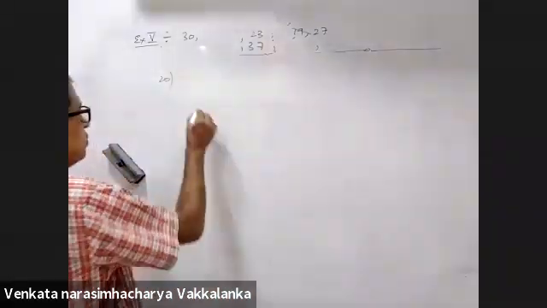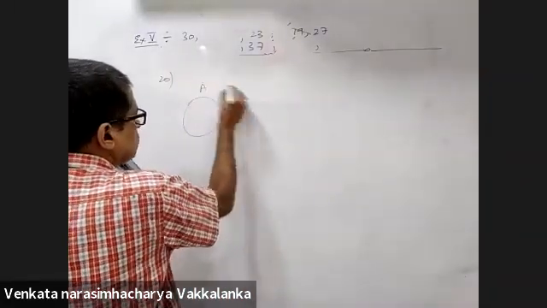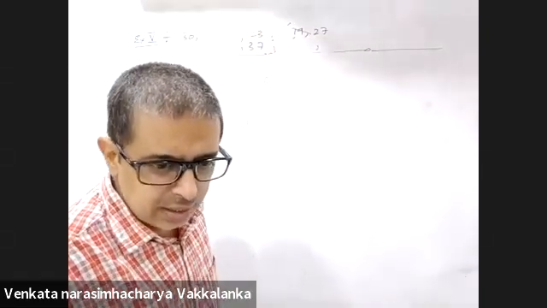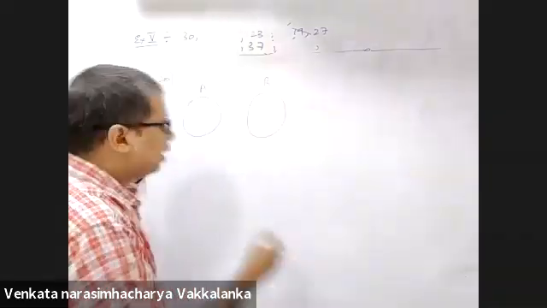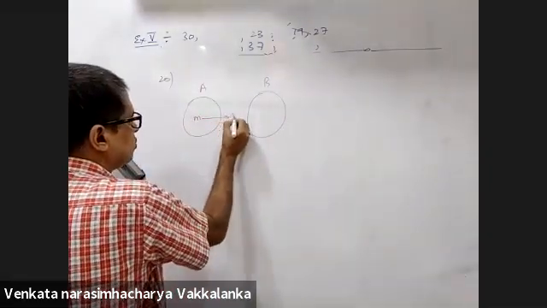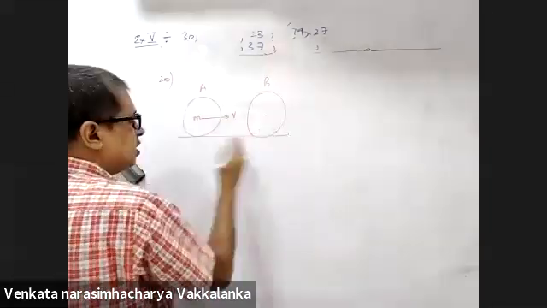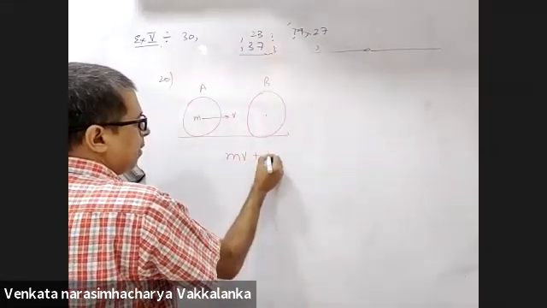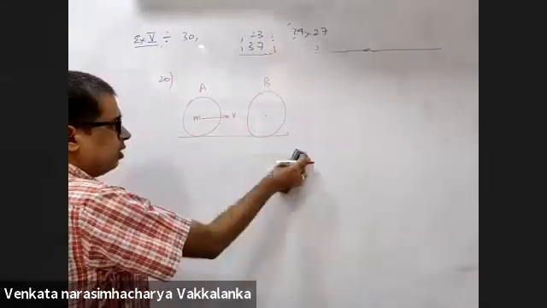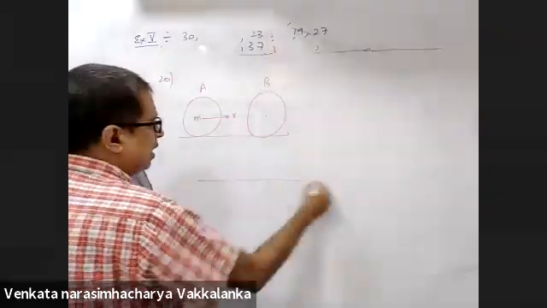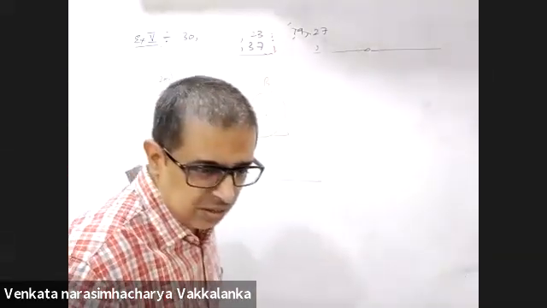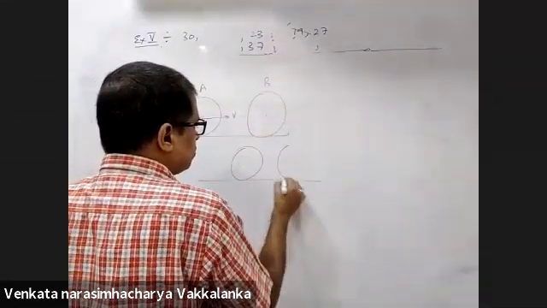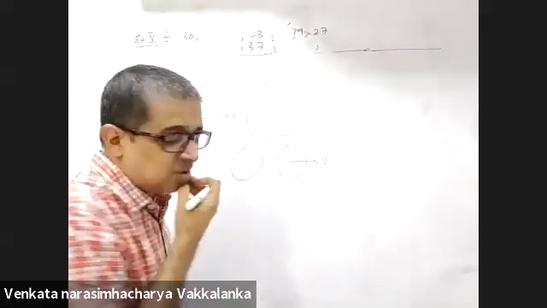This is A, this is B. Are the masses different or are they identical? Identical. This is moving with a velocity v, right? This is at rest. First, you will conserve linear momentum. M into v plus 0. Why should I even conserve linear momentum? They are identical masses and it is a perfectly elastic collision. So this will come to rest and this will start moving with a velocity v. Yes or no?